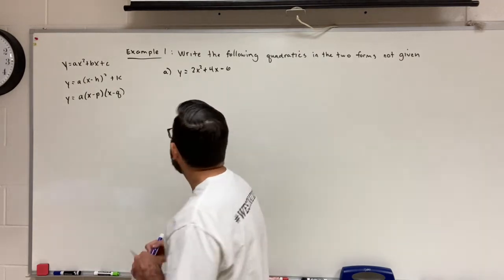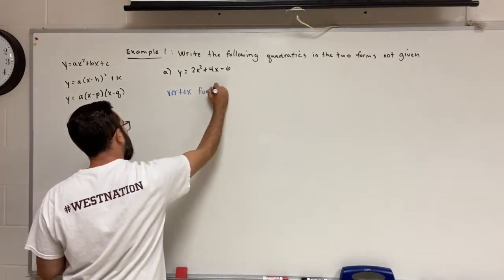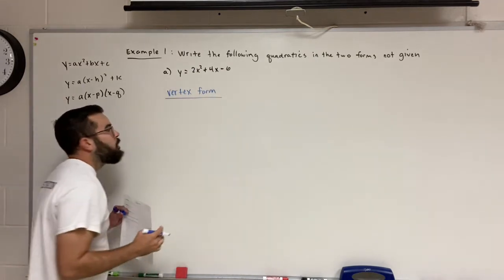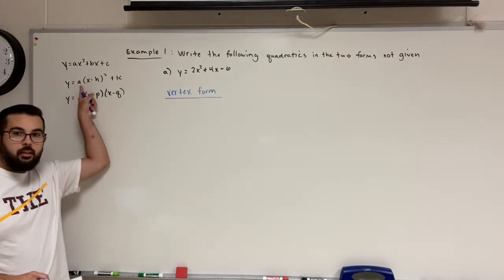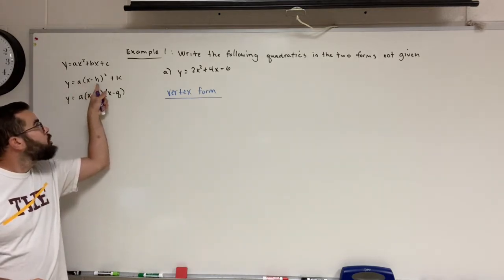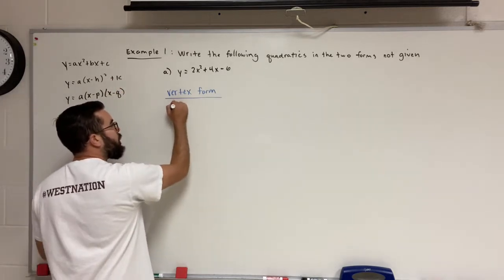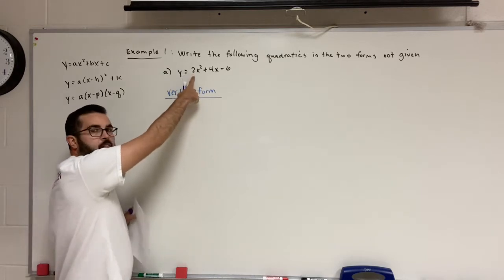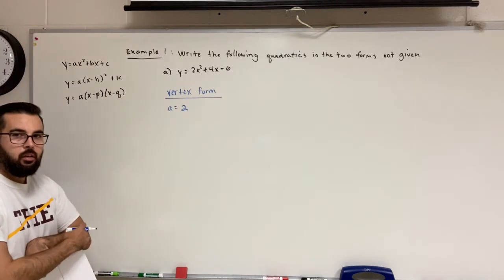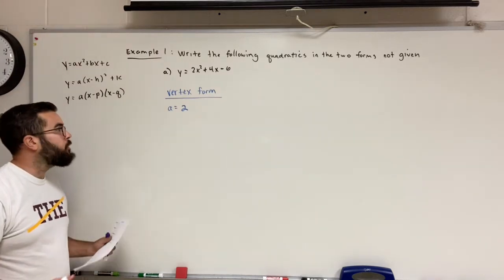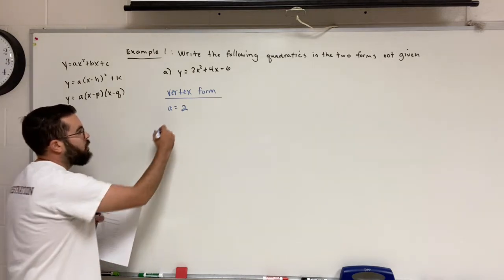All right, so I'm going to start with vertex form. So in vertex form, there's three things we need to find. We need to find a, we need to find h, and we need to find k. All right, so the a value, we can take straight from the a value from standard form. So the a value is 2. All right, now h is the x value of the vertex. So we talked about